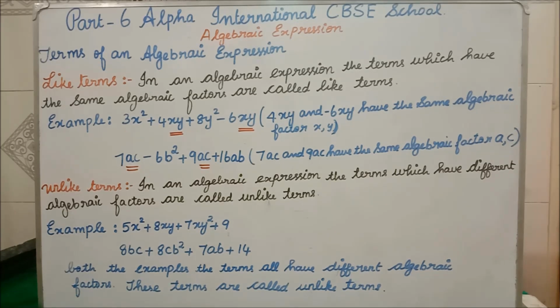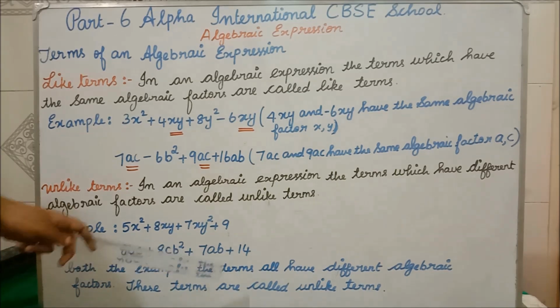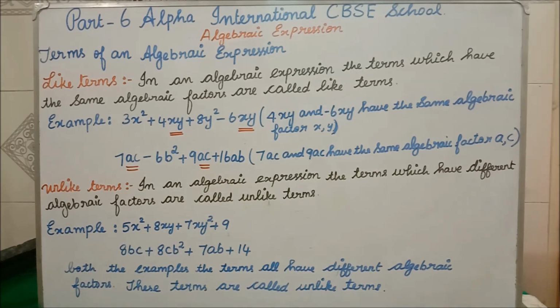In this question we are having, you first see bc is there. Do you see any other bc? We are having b square c. This and this are not the same. Clear? Why are this and this not the same? Here only bc is the factor we are having, but here what we are having? c b square. bc and c b square are not the same. Clear? So in the second example, no terms we are having in common.